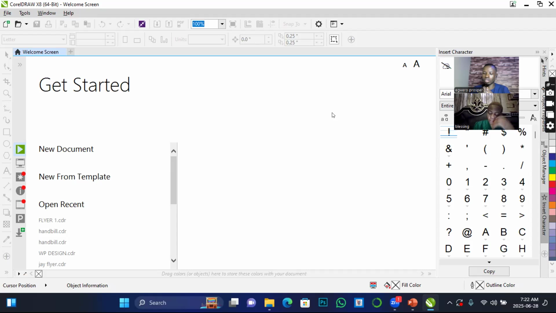The word vector actually means shapes, while editor is like an application that helps you to draw those shapes. So when I said Coreldraw is a vector editor, it means that it is an application that helps you to draw shapes. So just to continue with the definition, I said Coreldraw is a vector editor software